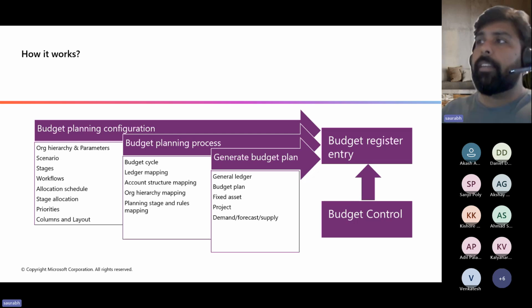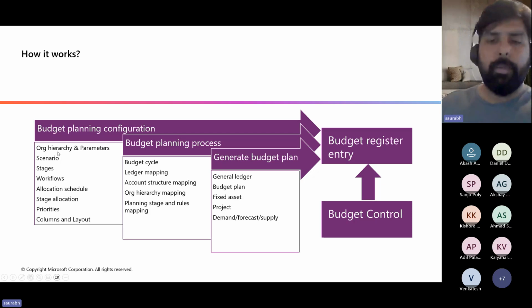So under the budget planning configuration, the key things which you need to define or configure are your organization hierarchy and some of the parameters for the budget planning. Then you need to define scenarios, stages, the workflows, the allocation schedule, stage allocation, priorities, the columns, and the layouts, right? So all these things are going to be defined or configured. Okay. Now, what all these things are and how they can be configured, I'm going to talk about